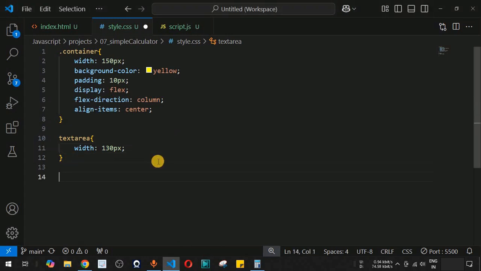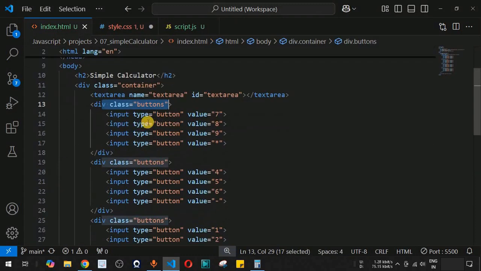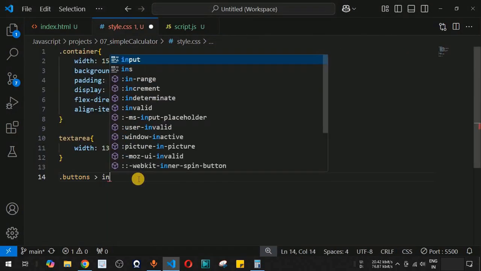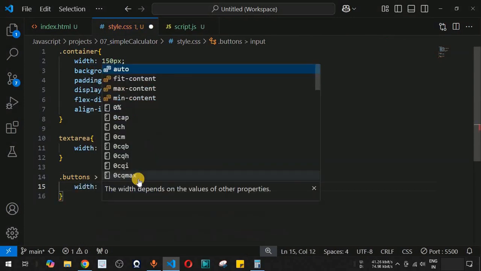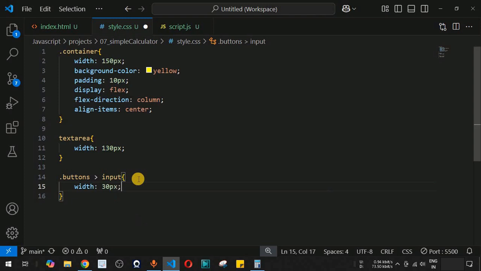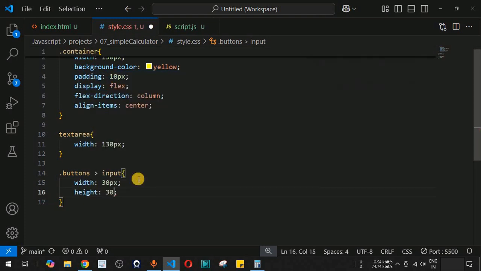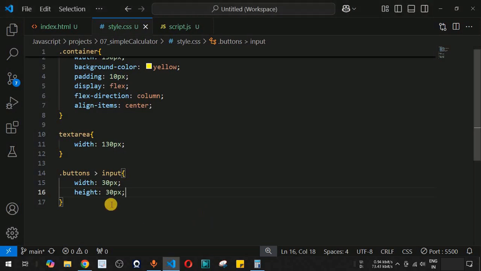So over here what we will do is simply we will provide the buttons class that is present for this particular div tag, and within this particular class we have the input tags. So we can simply use the greater than symbol and then provide the input tag, for which we can provide the width and height in this case. So let me just try out setting the width and height as 30 pixels. So as you can see, this is the way that our buttons are getting displayed right now,